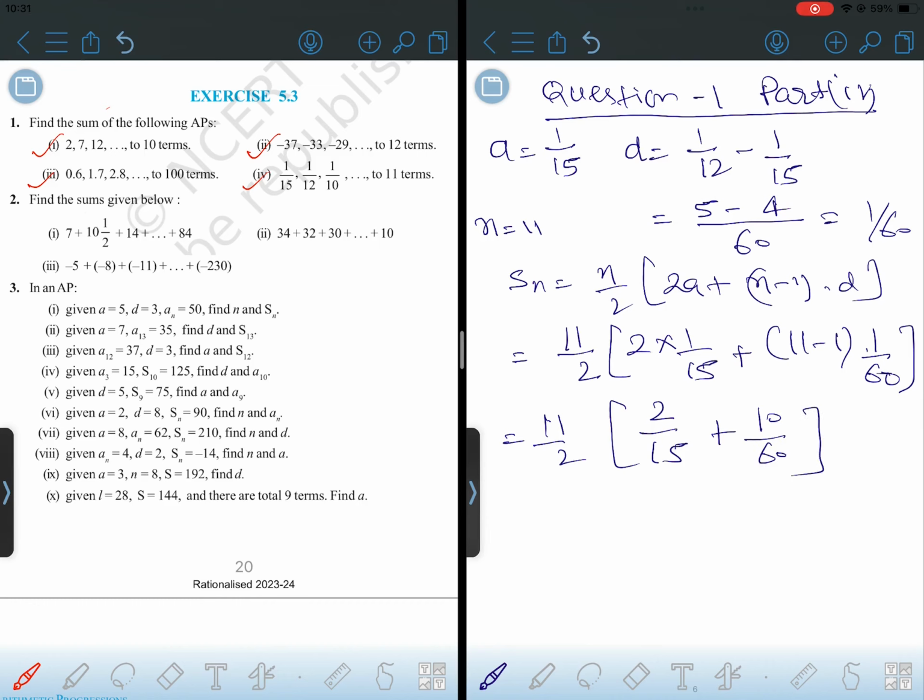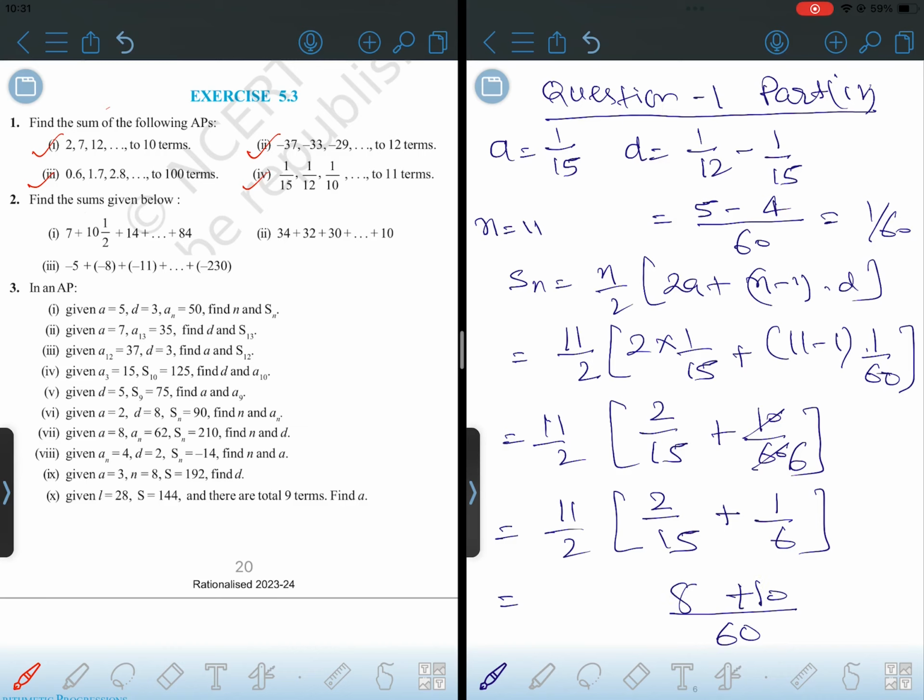So we can cut this, so this is like 6. So this is 11 upon 2 in bracket 2 upon 15 plus 1 by 6. Now you will take the LCM. So 60 is the LCM. 15 fours are 60, so it is 8 plus 10, right? Then